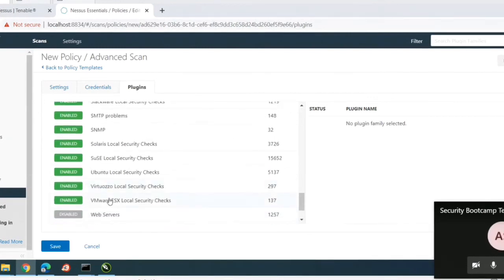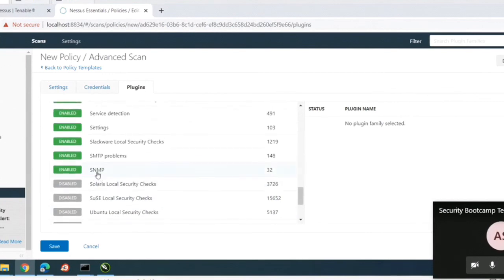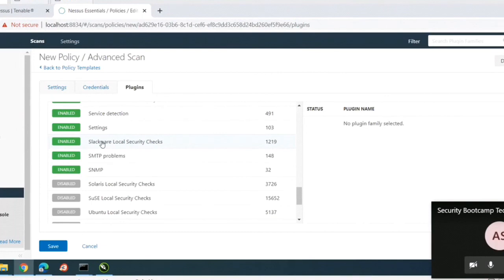Now, if you see VMware, no, I am not going to use it. Ubuntu, SUSE, Solaris, these are all Linux ones. SNMP, yes, it might be an SNMP client on Windows, but it depends on your organization. If it is enabled, then you can disable that. So I'm leaving it as it is, just disabling anything else which is not applicable on Windows.